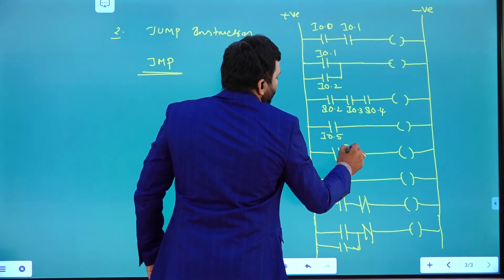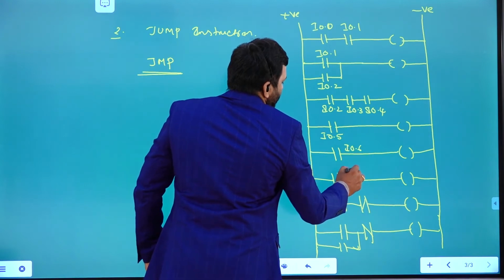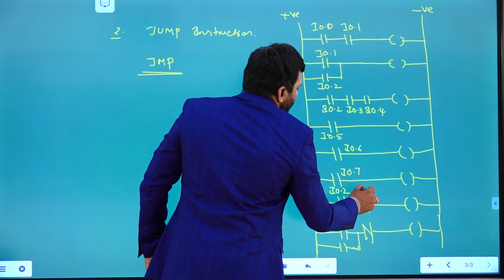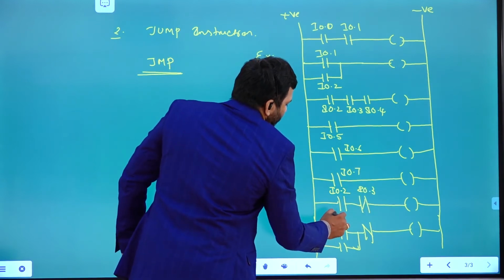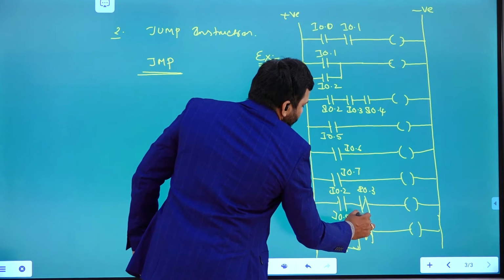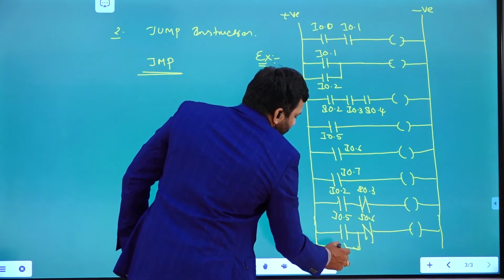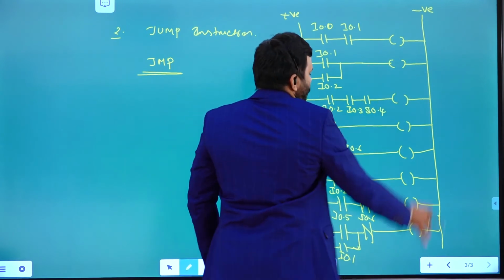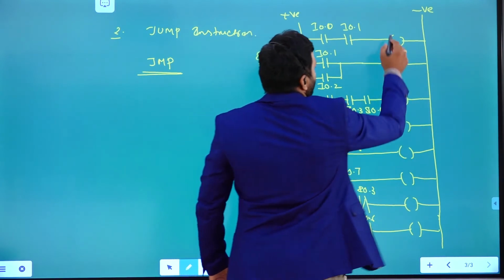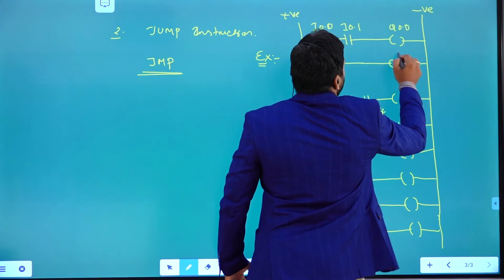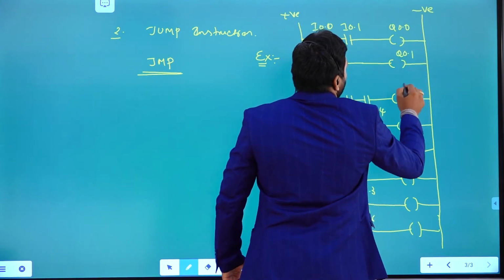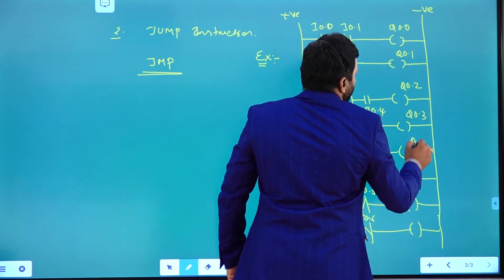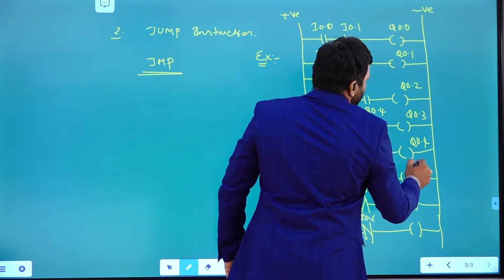This one I0.6, I0.7, here I0.2, I0.3, I0.5, I0.6, I0.1. Based on that, outputs are going to be obtained. Outputs are going to be at Q0.0, Q0.1. I am just giving addresses for the particular contacts and coils.